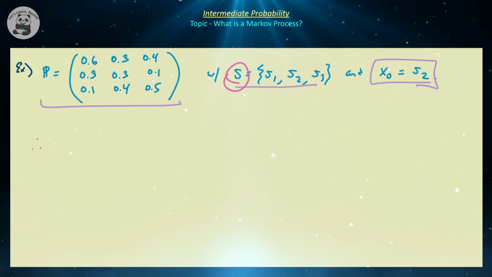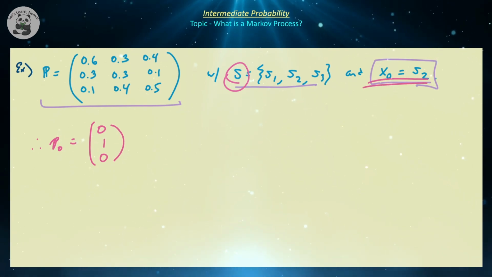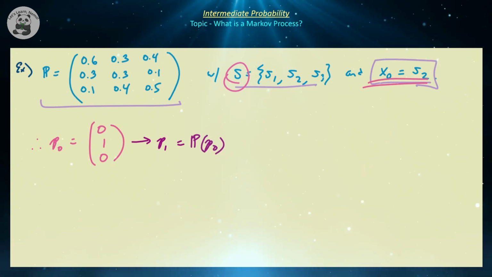So if we write that, what we're going to have is P0. I'm not going to write the x here because you know that we only have one variable here. So the probability that we're in state 1 is obviously 0, the probability that we're in state 3 is obviously 0, and the probability that we're in state 2 is obviously equal to 1 because that is guaranteed to be true here, right? So how are we going to get the probability distribution of x1, which I'm going to write as P1? So P1 is going to be equal to P times P0. And how am I going to find that?